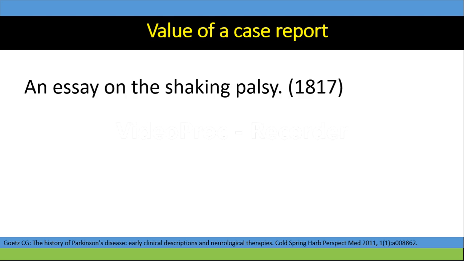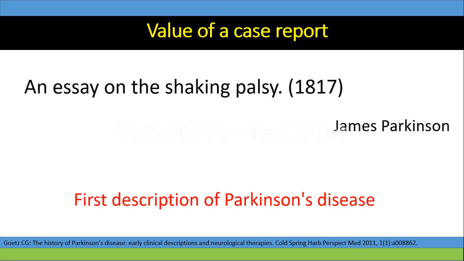Around 200 years back, James Parkinson wrote his famous essay on the shaking palsy, and this actually was the first description of Parkinson's disease. Now most of us are familiar with Parkinson's disease, which is a very important neurological disorder and a movement disorder, and a lot of research is being done on Parkinson's disease. But it all started off with a simple essay on the shaking palsy. It wasn't like a trial, it wasn't